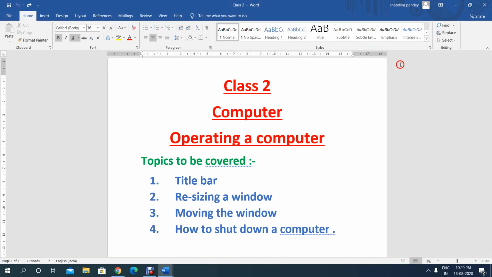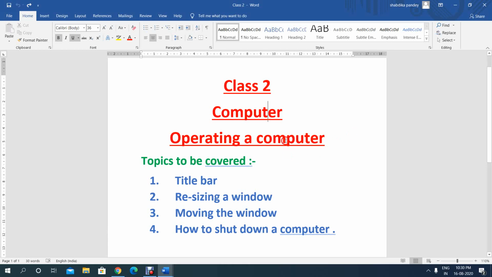Understood? Now the next topic is moving the window. So how we can move our window? Move our window means we have to move our Microsoft window or any window on our desktop. We want to move it. So how we can move this window?